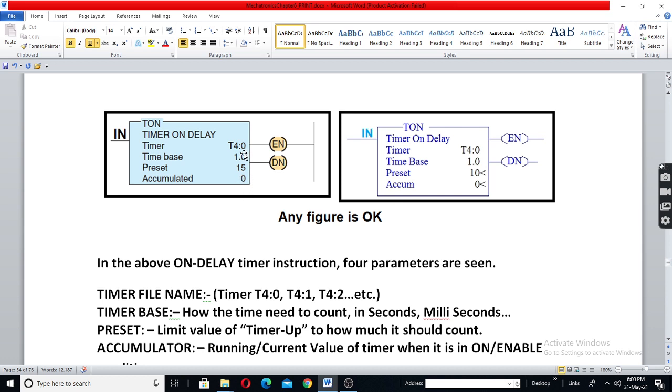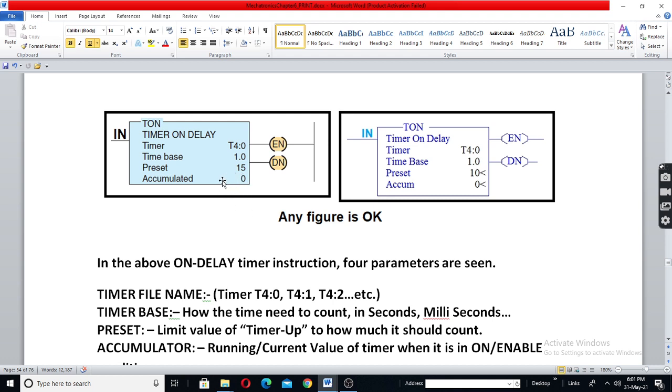You will put the value, timer base and preset, and also write the address. Only these three you are entering here. As soon as we begin run, when the PLC is brought to run mode, accumulated value will become 0. Then again it will start counting 1, 2, 3, etc. All those things will appear here.